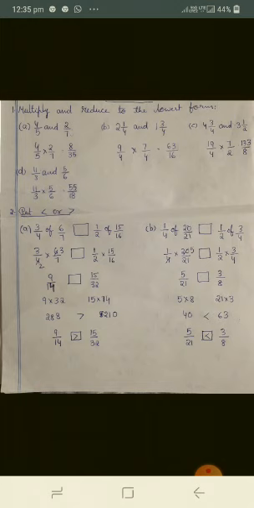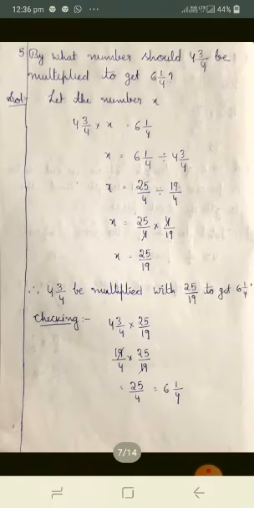Likewise, multiply the second fraction's numerator and the first fraction's denominator: 15 into 14. So 9 32s are 288. 15 14s are 210. Which is greater? 288 belongs to 9 by 14 here. So 288 is greater than 210, so 9 by 14 is greater than 15 by 32. Likewise, you have to do the second sum also, the B sum also.